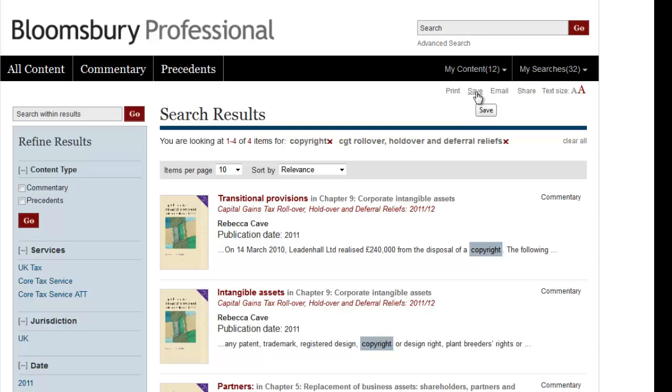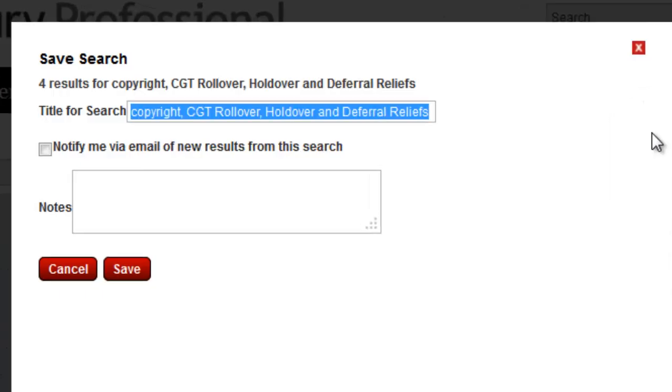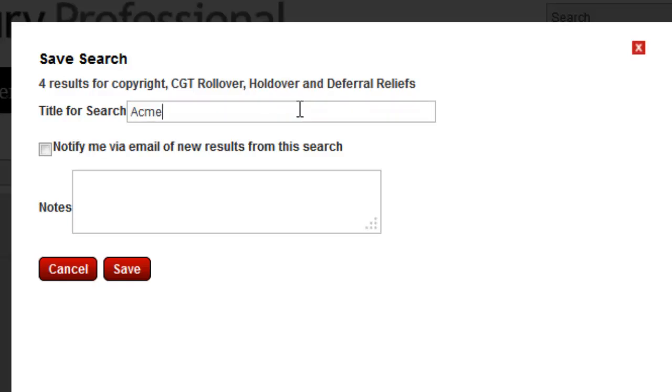So the way I do that is by clicking the Save button, and it pulls up a little dialog here, and it creates a title for the saved search, but I'm going to overwrite that and put in something that's slightly more meaningful to me, the Acme copyright disposal. This is the crucial box to check here: notify me via email of new results from this search. And I might put in a note to myself saying, look again at this in Jan 2013. Now if I save that search